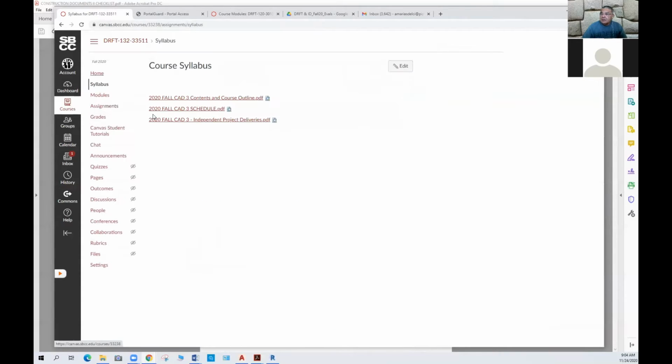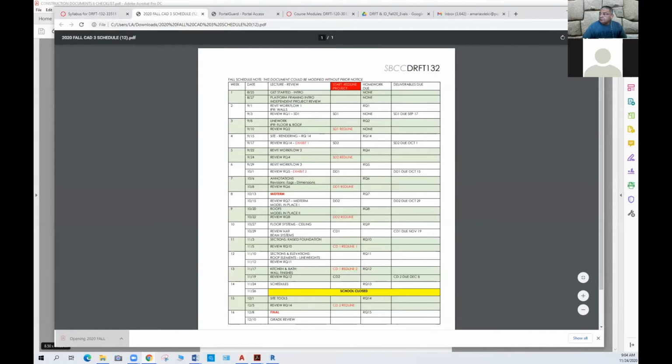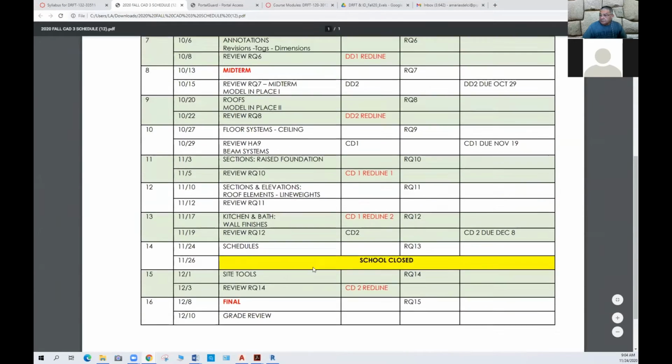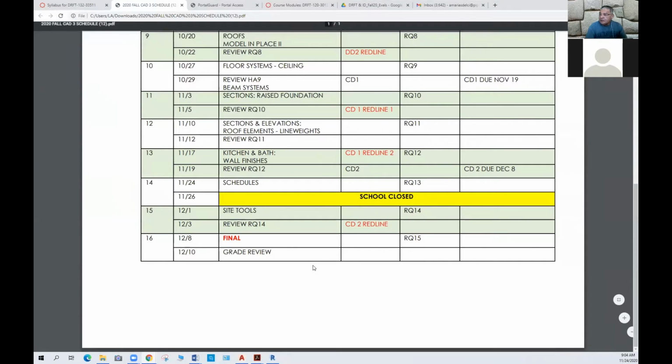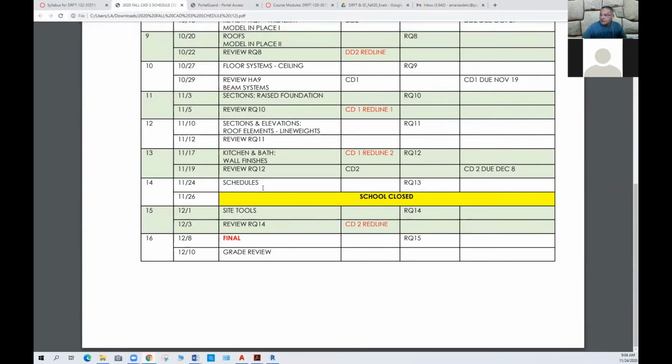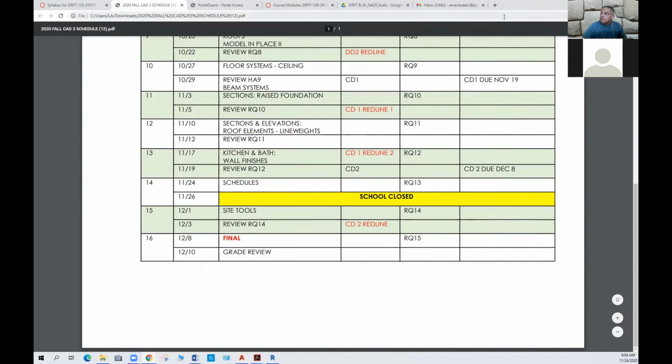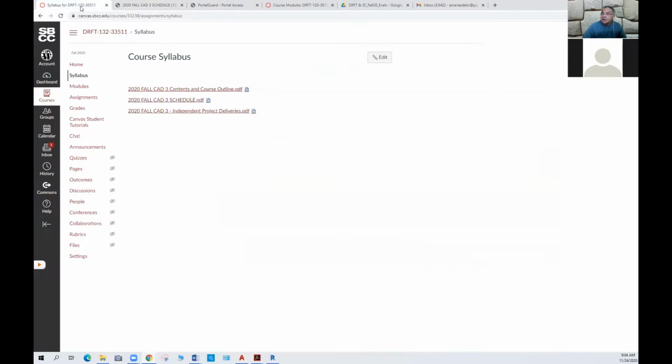Let's double check the syllabus and the schedule. And so today is the 24th. We're going to review schedules today. And then there's no lecture recording next Thursday. And then we'll be back for the last week, 2 more classes after this, and then we're done. So pretty much completed the course. Okay, so good. Let's get back to